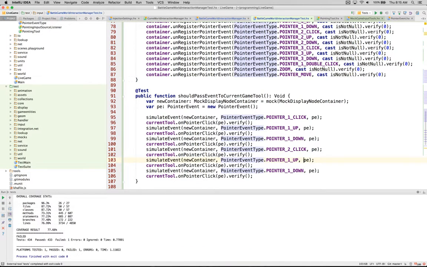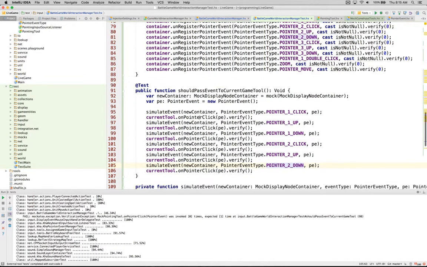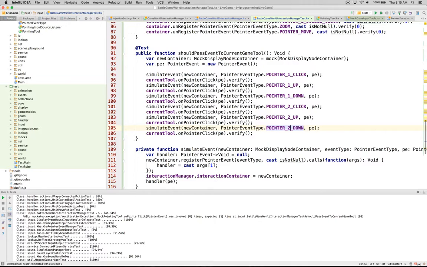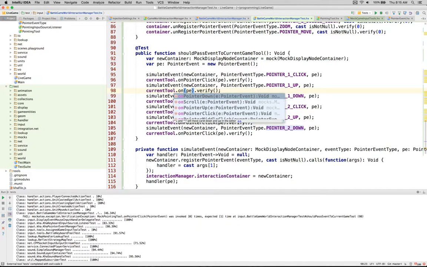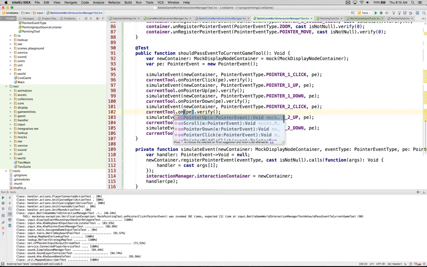Didn't pass. Why didn't it pass? Because we're not doing one thing. On pointer up, on pointer down, on pointer